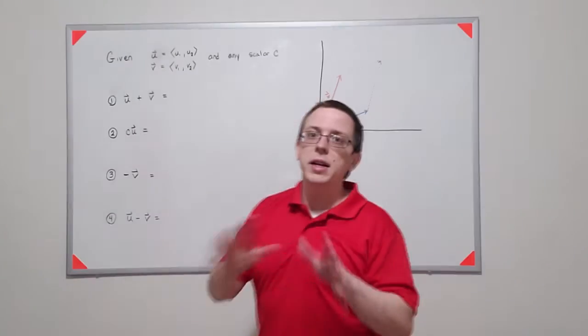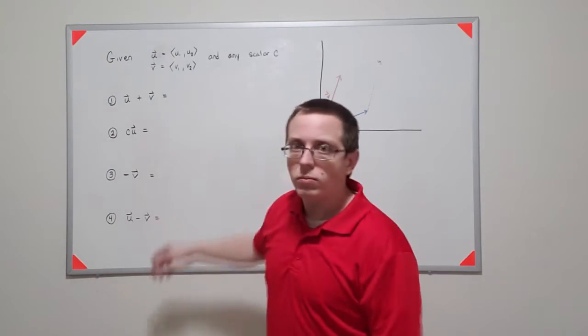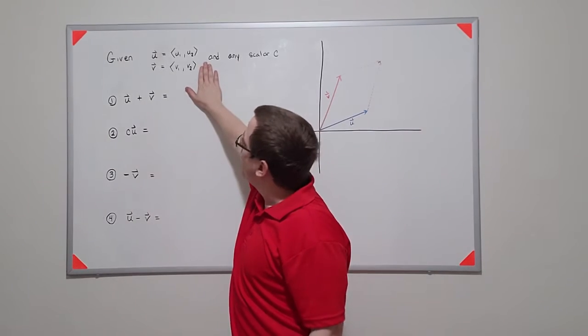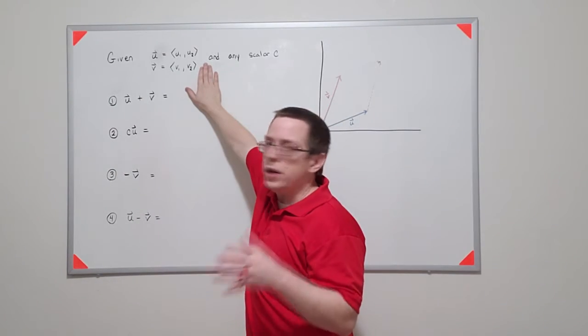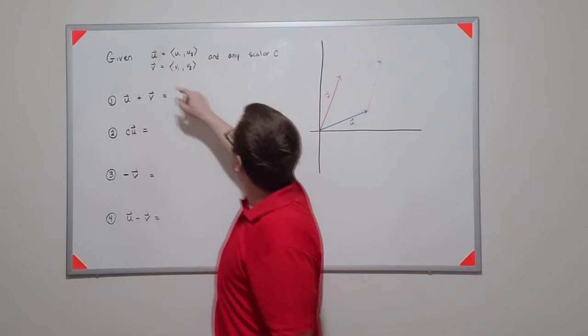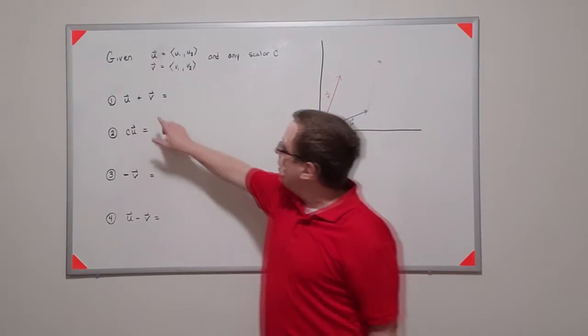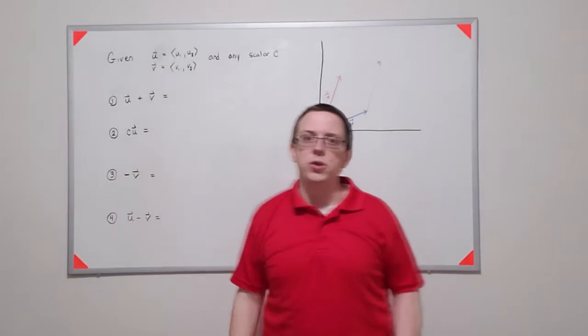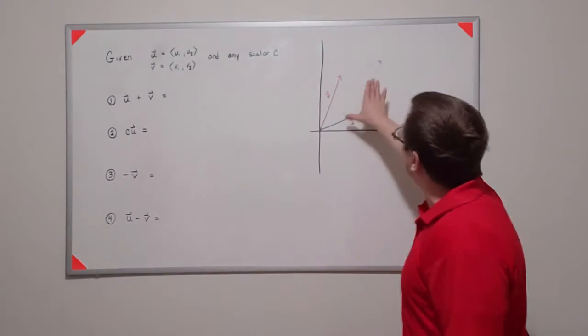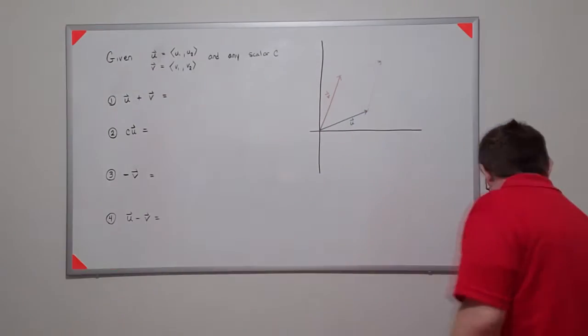So when we think about any type of vector here, we want to think about the properties. So if I have two vectors, u and v, and I have any scalar c, then if I add those two vectors together,